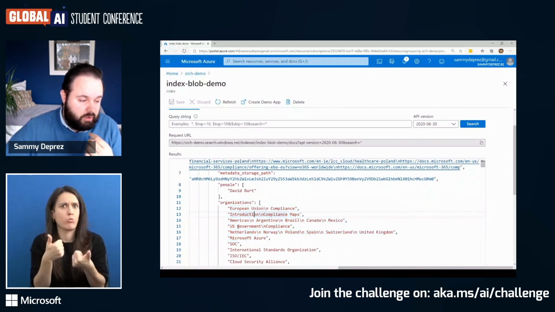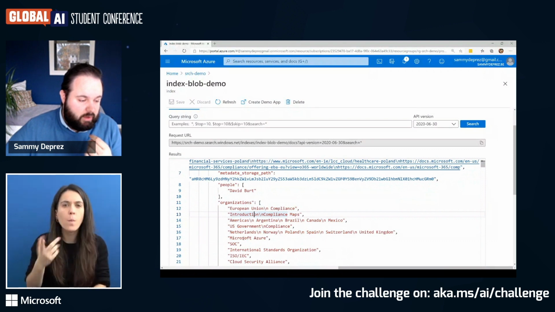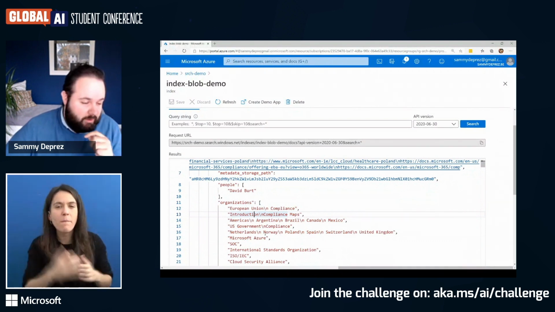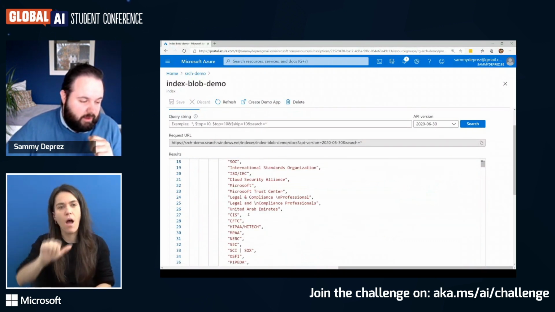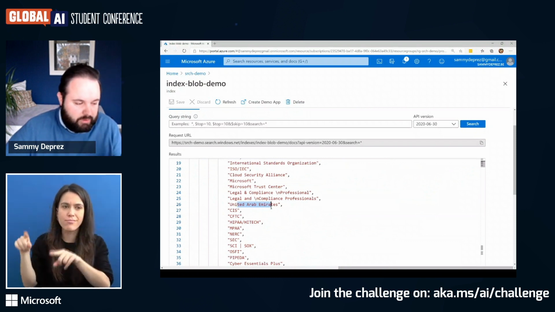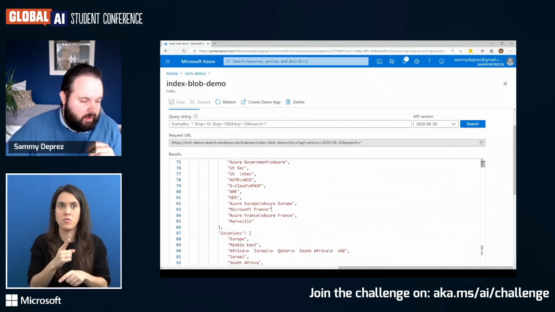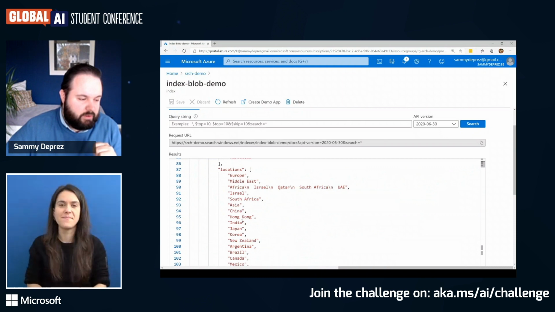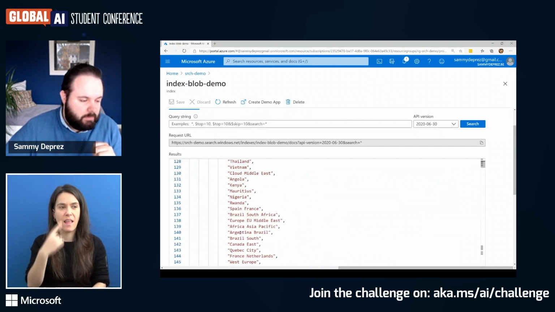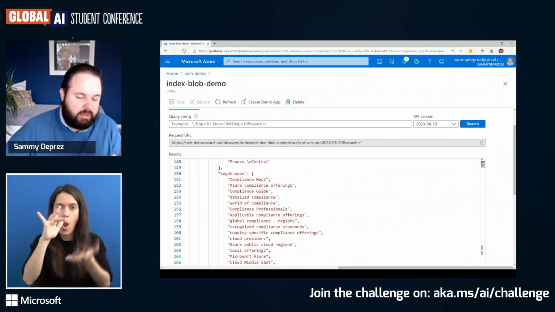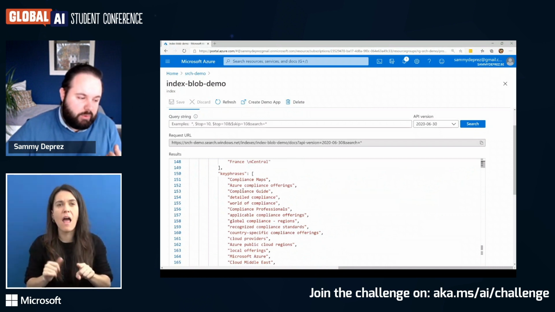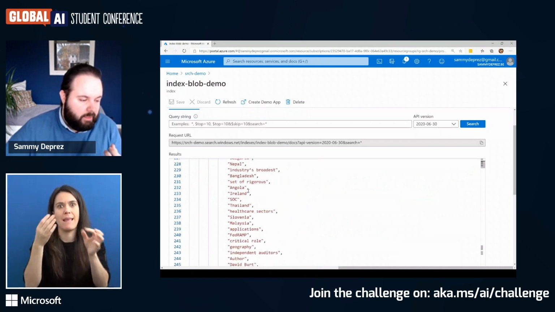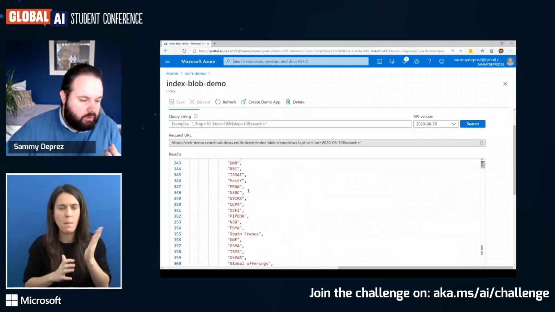European Union, US government, Microsoft Azure sees it as an organization on itself. As this is a country, but okay. We go down, we see different locations. We have the key phrases, which words are important within our document. And then if we go down,